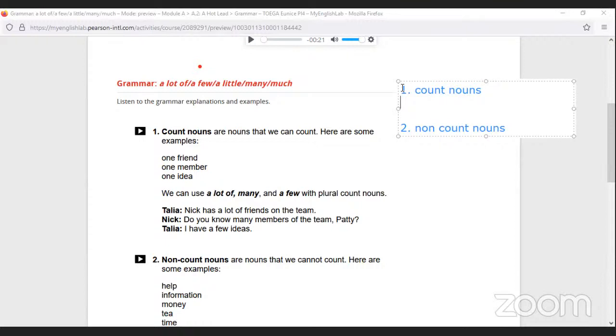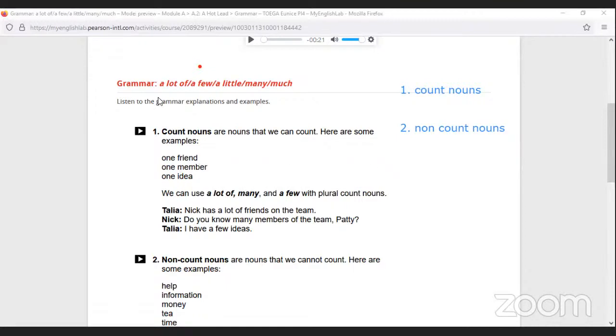So something that we can touch, we can count. Here we have friend, so we can say one friend, five friends, two friends, or member. Member is going to be count: two members, three members, or maybe if we talk about ideas, we can count these,